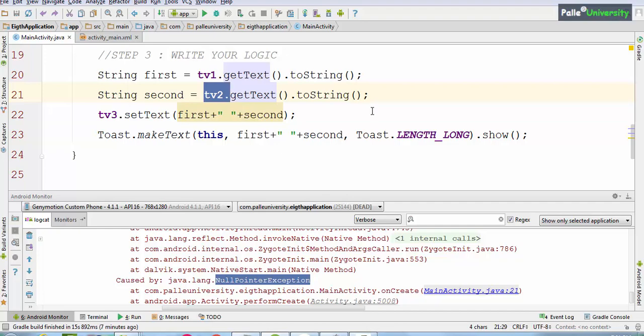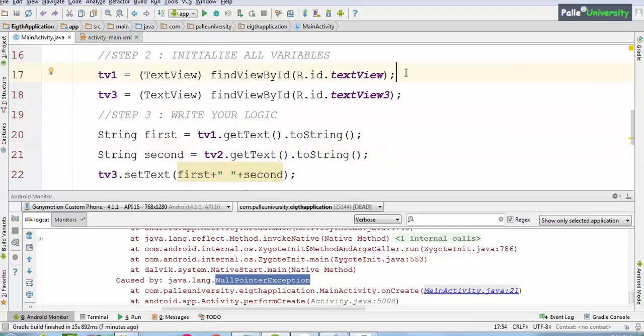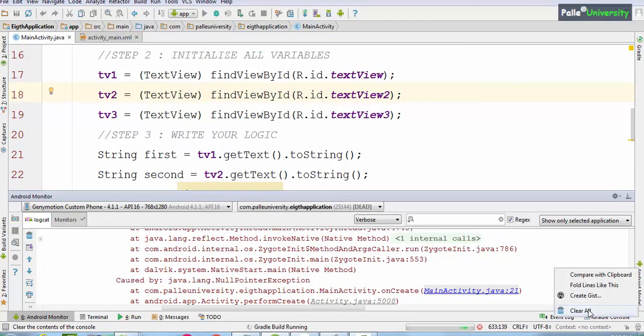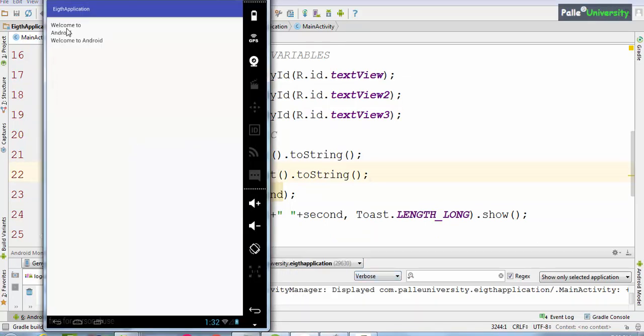Now tell me, how will you solve the NullPointerException? We have to initialize this variable correctly. So let me initialize it here. So with this, the problem is solved. Once you fix the problem, you have to recheck whether you have fixed it correctly or not by running the application one more time and cross-checking whether it is still leading to the same exception or not. Let me run the application one more time. I will clear this log by right clicking and selecting Clear All. Now it would have launched the application. Now you can observe it is not crashing.